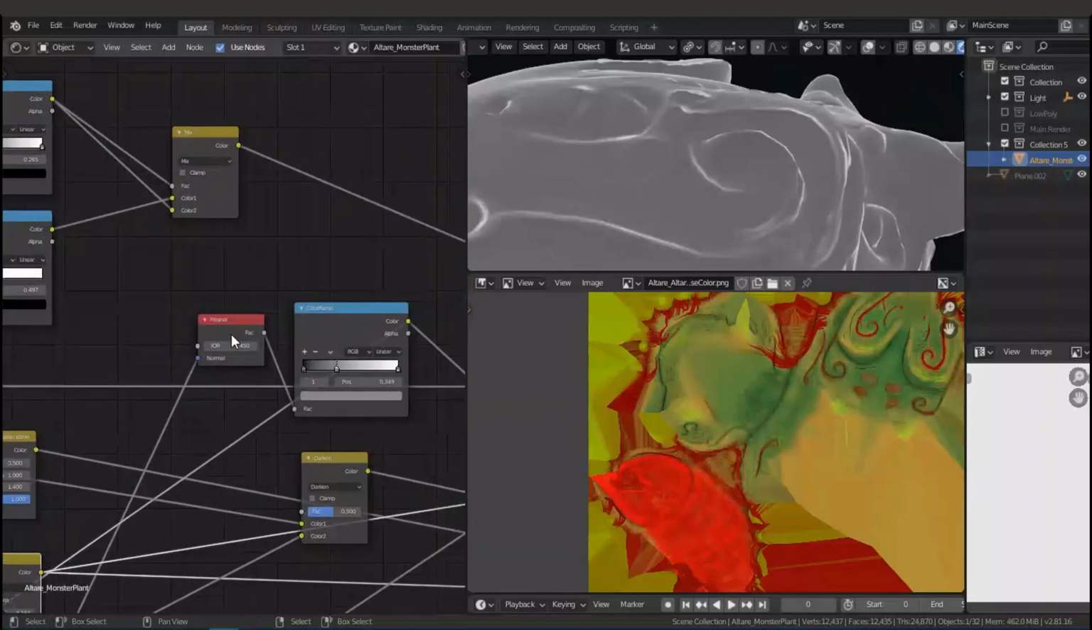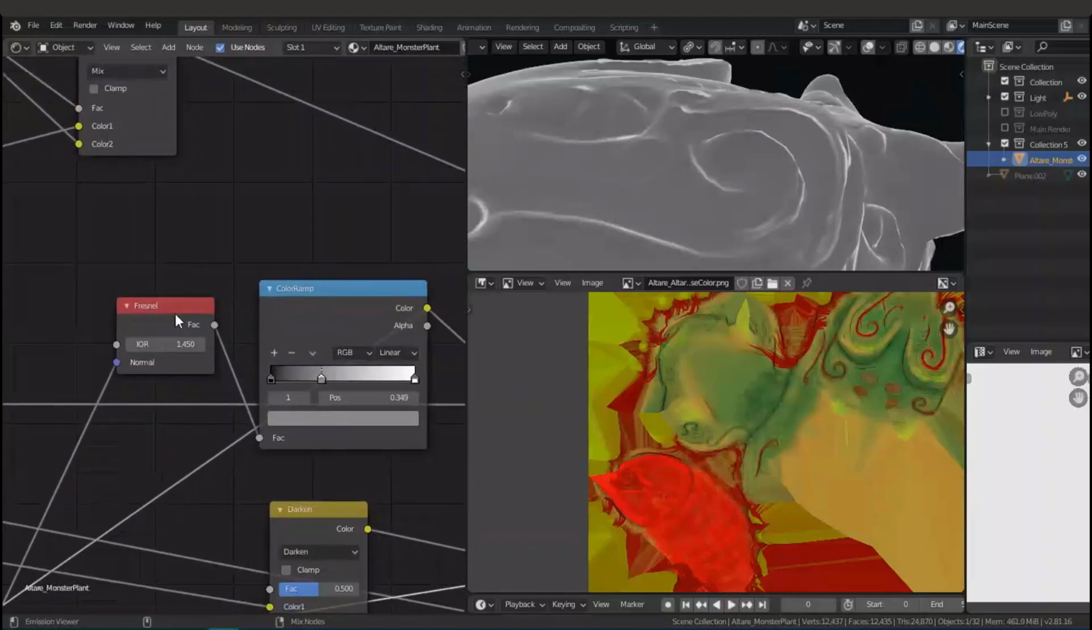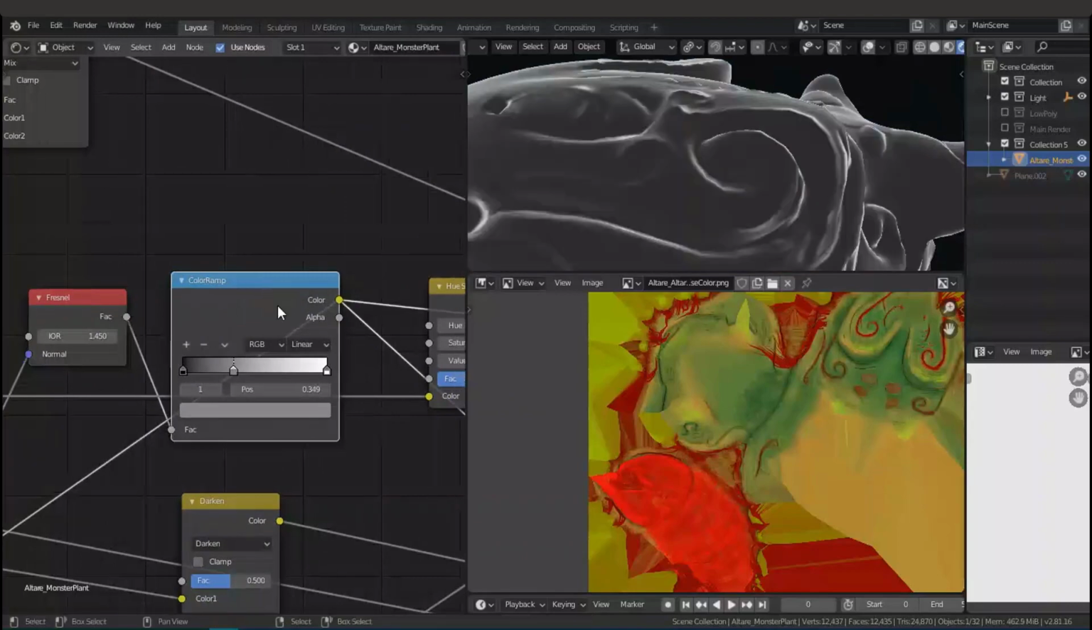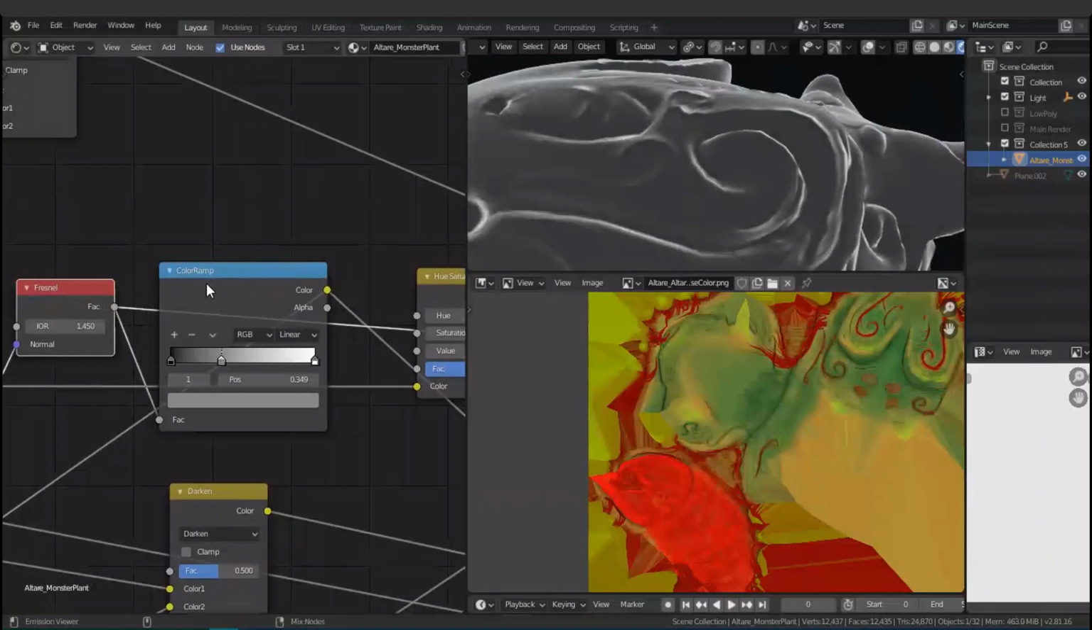Yes, from the Fresnel node. After, let's watch the Fresnel originally like this one, and I changed this one with the color ramp and turned this to more lighting. Oh, I think it turned more darker,